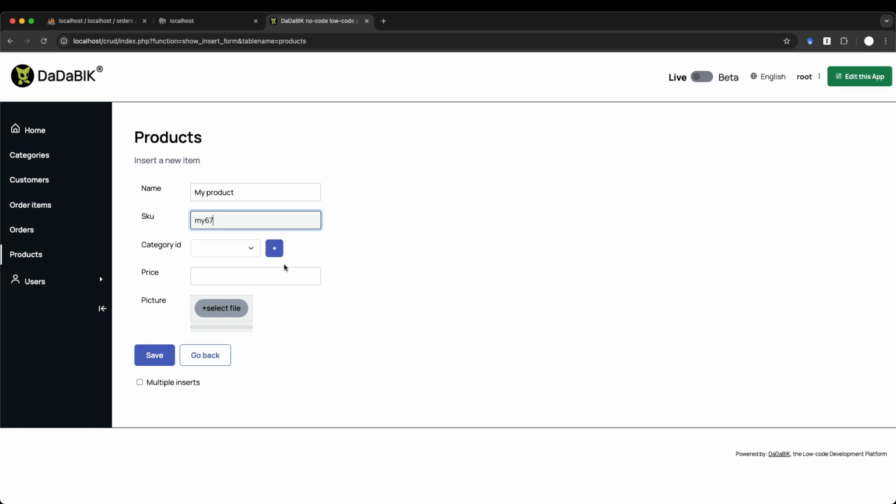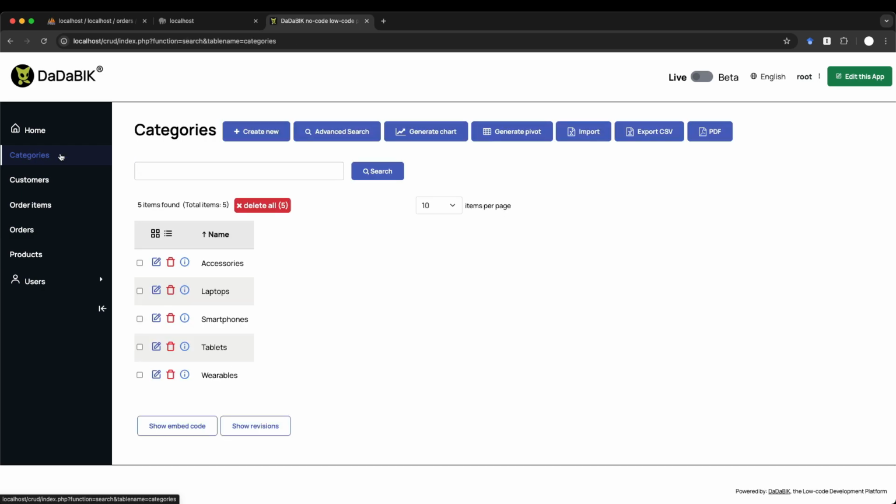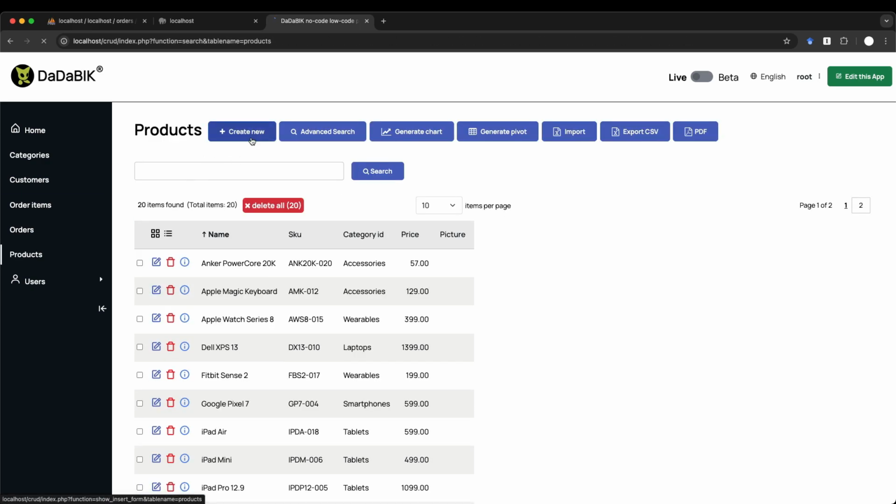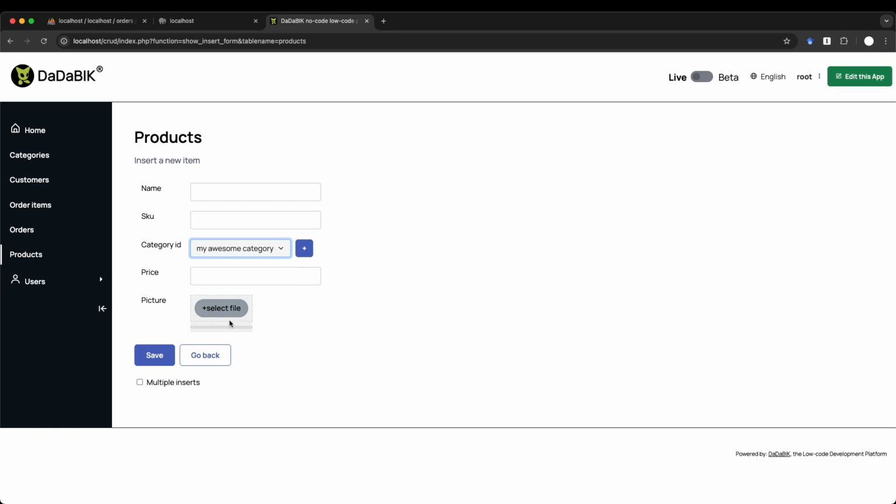Category. As we can see here, category is a lookup field. DaDaBIK automatically detected the relationship. So let me show. Here we have a list of categories, but if we add a category here, my awesome category, now in product we have this new category, right? And we can also add a new category on the fly from here. So again, my product,